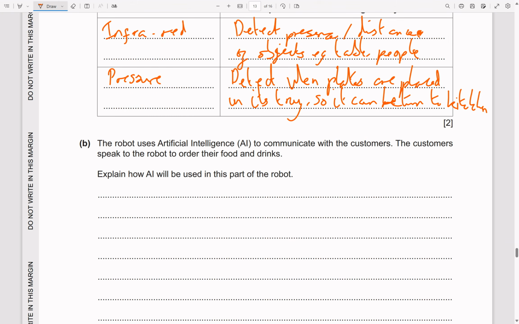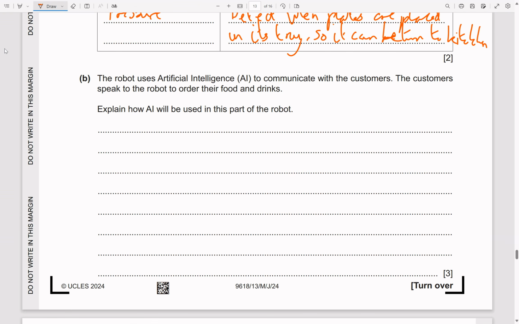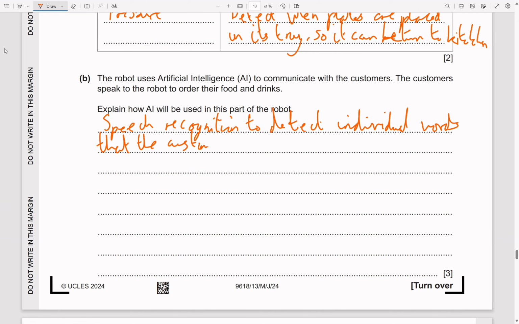The robot uses artificial intelligence (AI) to communicate with customers. The customers speak to the robot to order their food and drinks. Explain how AI will be used in this part of the robot. So we can say speech recognition. Speech recognition will be used to detect individual words that the customers say. Let's say this is done by